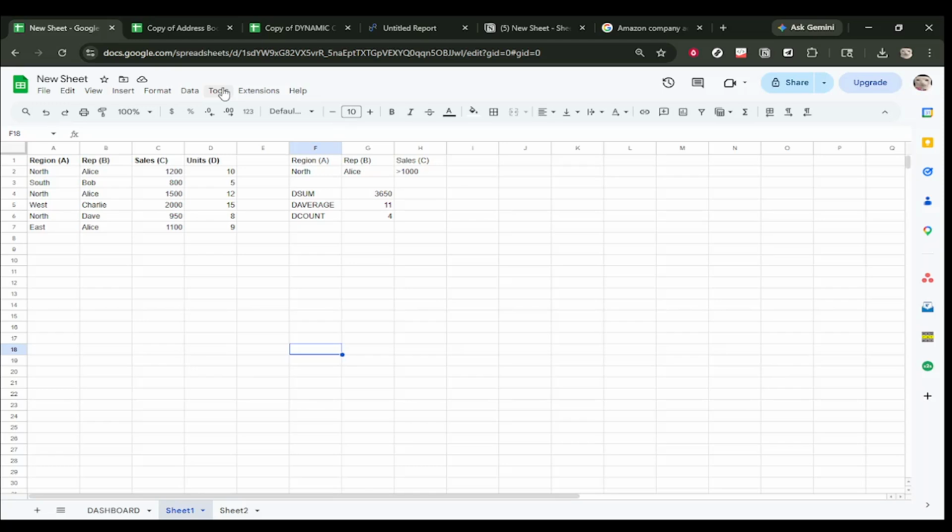Once your spreadsheet is open, go to the top menu and click Tools. In the drop-down, select Create a new form. Google Sheets will open a new tab with a brand new Google form that is already connected to your spreadsheet. This form is what people will fill out, instead of typing directly into your sheet, which helps keep your data